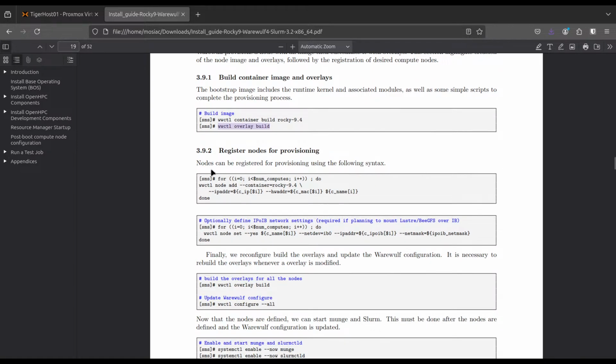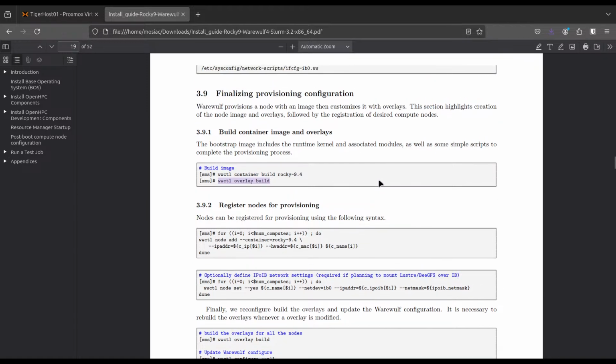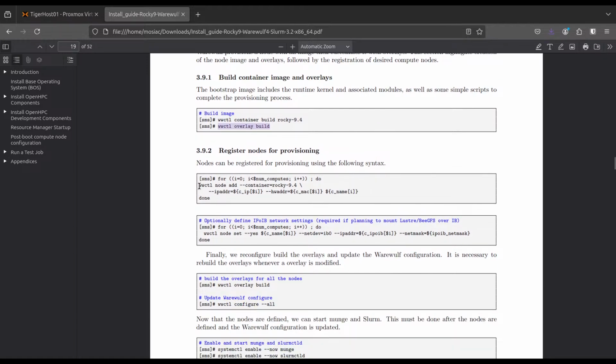Registering nodes for provisioning. Nodes can be registered for provisioning using the following syntax. So for i equals 0, i less than the number of computes. So it'll do this for everyone. That's kind of infuriating for me. And we only have the one. So we're just going to build it ourselves. We do need to get this though,